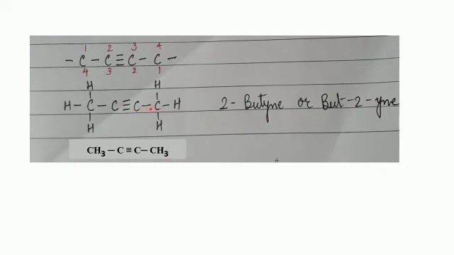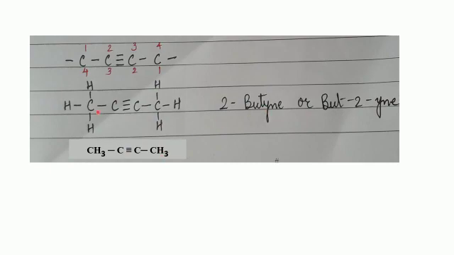Coming to this carbon, it is forming only one single bond we can see here. So 3 electrons are still free. And these 3 electrons of the carbon will be shared with the hydrogen, and it will form one single bond with this hydrogen, one single bond here and one single bond here. So 2, 4, 6 and 8 electrons. So octet is established for this carbon also. We can write the structure as CH3, single bond, C, triple bond, C, single bond, CH3.